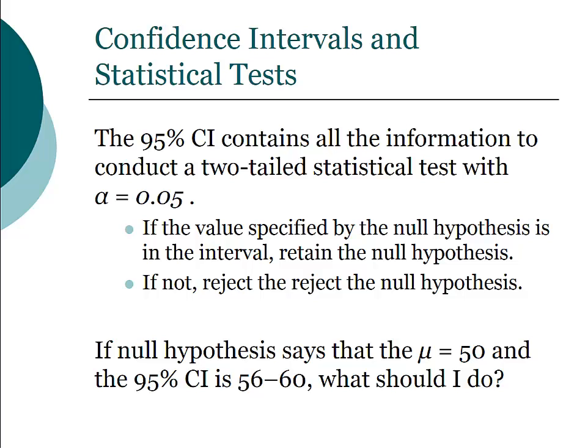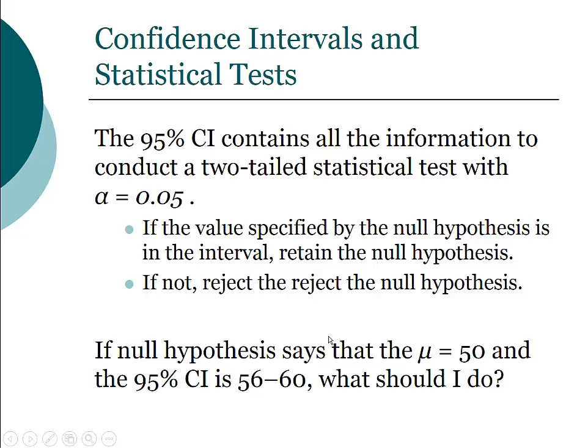So here's our decision rule. If the value specified by the null hypothesis is in the 95% confidence interval, then we retain the null hypothesis. And if the value specified by the null hypothesis is outside the interval, then we will reject the